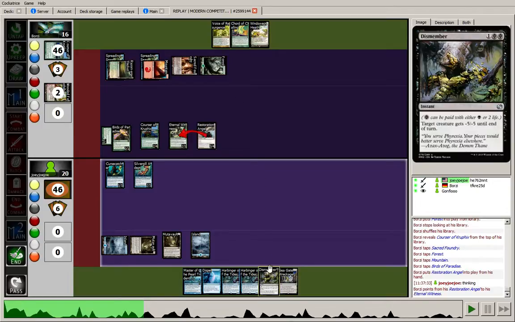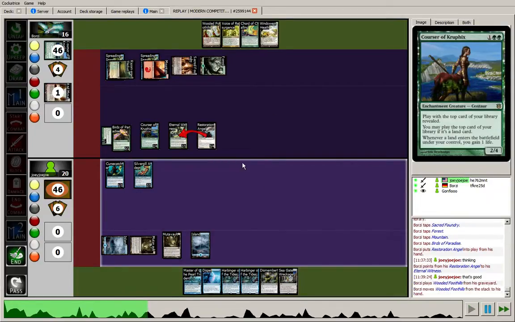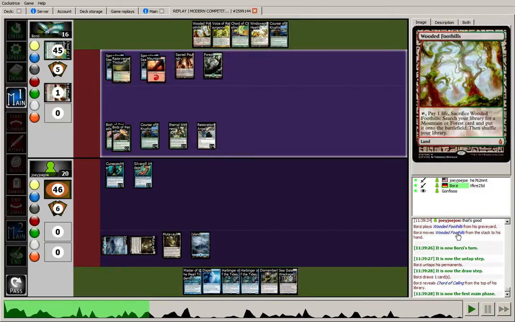So I was saving the Dismember to kill the Kiki Jiki, but in retrospect, or rather through this replay, I can see that he just shuffled away the Kiki Jiki. So I decide not to kill the Restoration Angel, not to kill the Eternal Witness. The opponent goes ahead and takes one of his fetch lands back to his hand. I untap and